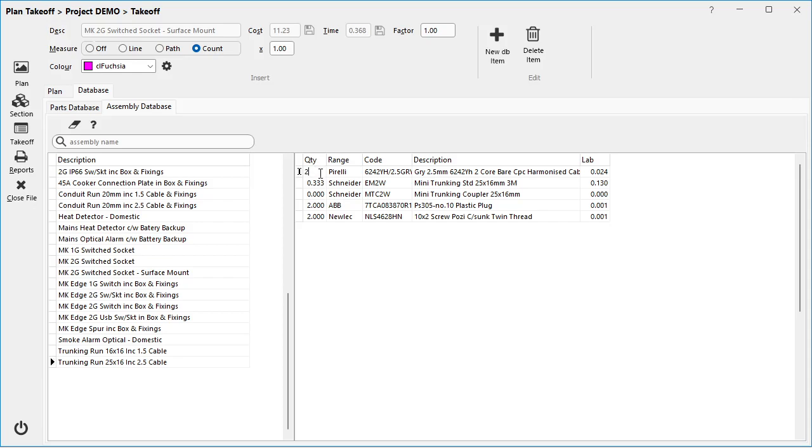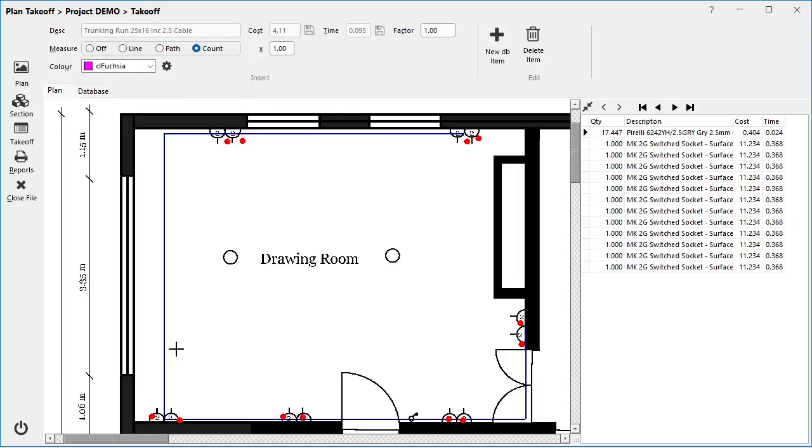So we'll change that to 2, and then I'll select that there. And then the only thing I will need to do here is, I've not said what the length is that we need to multiply it all up by. So we're probably going to come down the wall just over 2.5 meters, but I'm going to put 3 meters